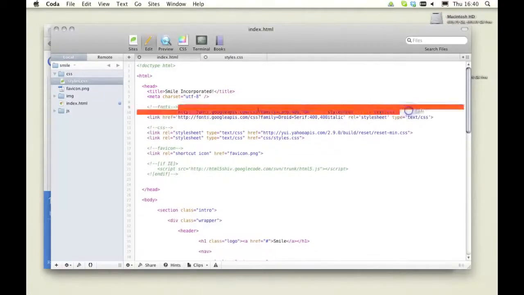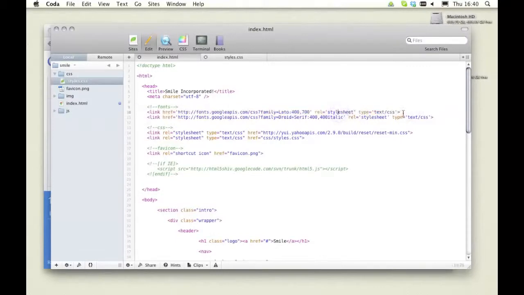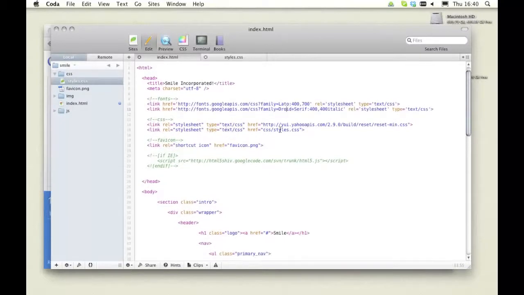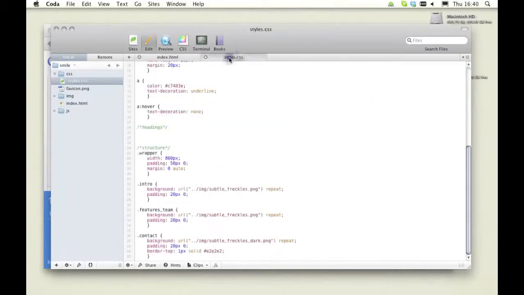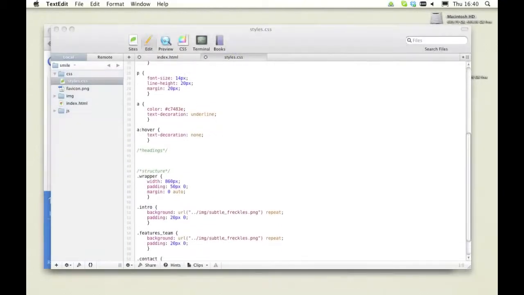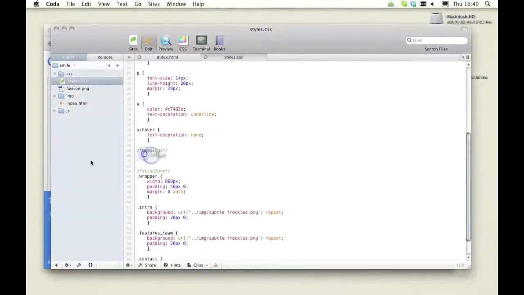So this is our Lato, which is the same little bit of syntax we were just offered up on the Google site, and this is the same sort of idea, but for our Droid serif font. So that's our fonts declared, so we can now go about using them in our style CSS just as we would any other font. So let's begin with an H2 declaration here,